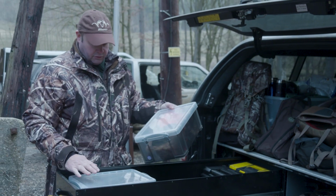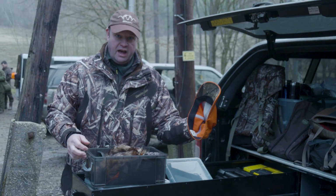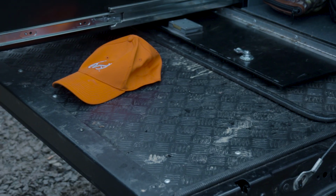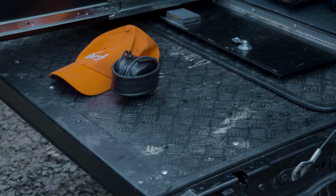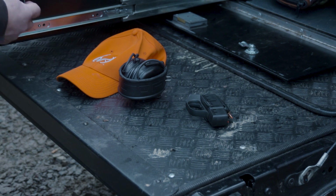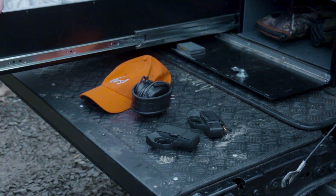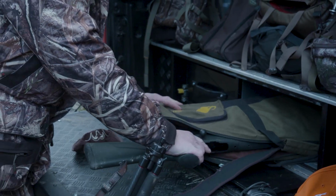Then we've got boxes of various bits of kit. This one's mine, that one's Ian's. In here we have my high-vis hat, so we don't get shot. Peltor ear defenders. Then I've got my spare mags for my gun, which are also my trigger mechs. Both hold 3 rounds each. And I've got 2 of those, so I've got plenty of ammo. I've got my rifle, which is in this case,